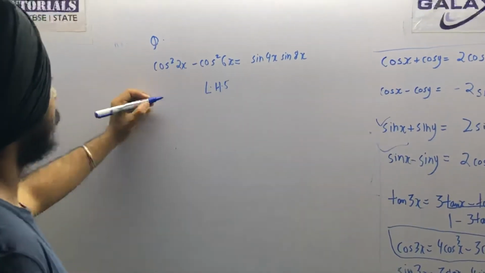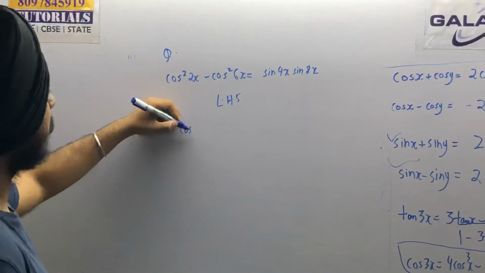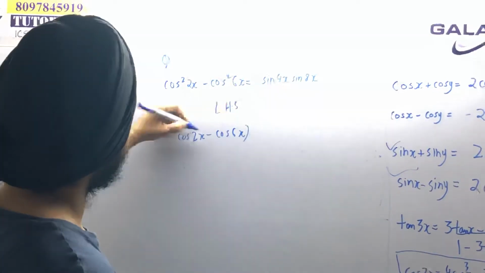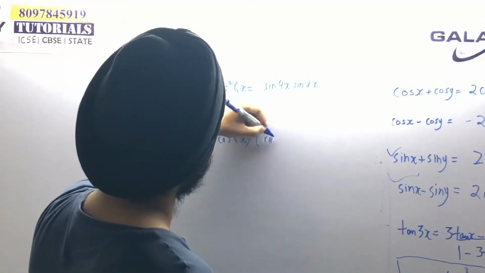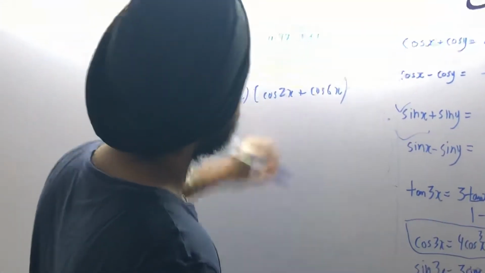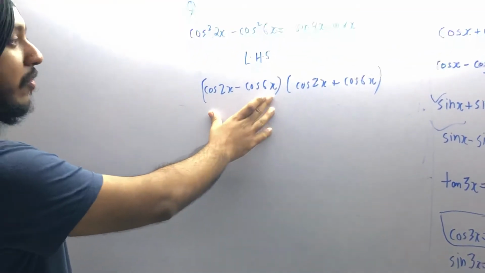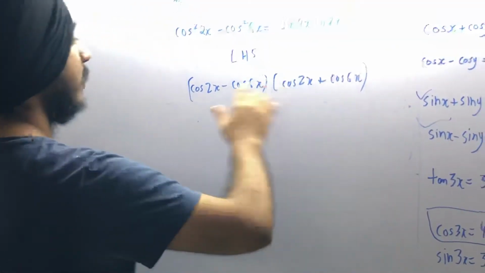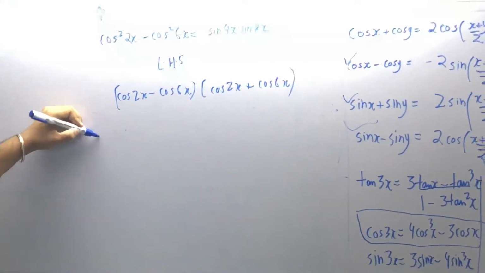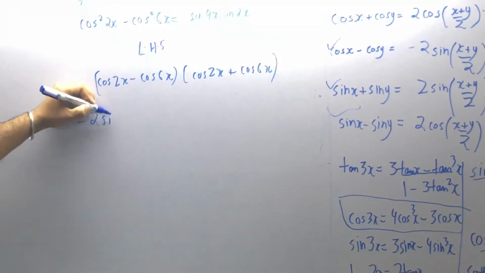A square minus b square, a minus b, a plus b. So cos 2x minus cos 6x into cos 2x plus cos 6x. Okay, so this is which formula? Cos x plus cos y, cos x minus cos y. This formula. Okay, so this is minus 2 sine